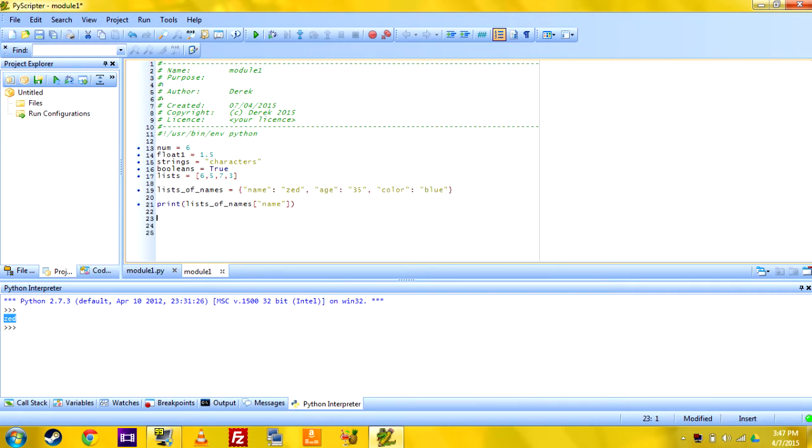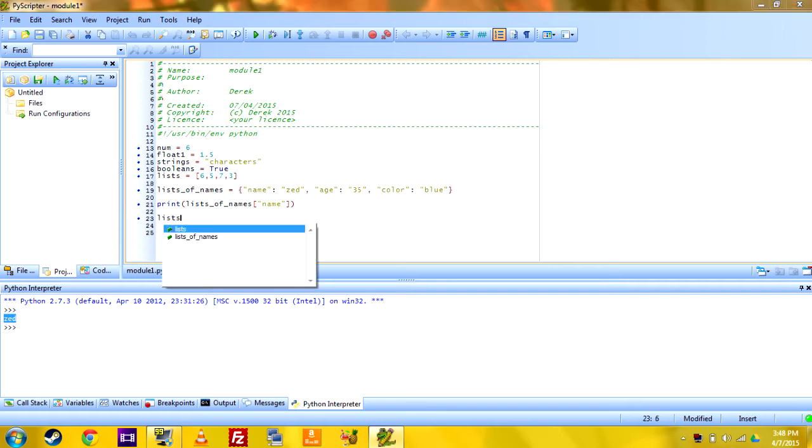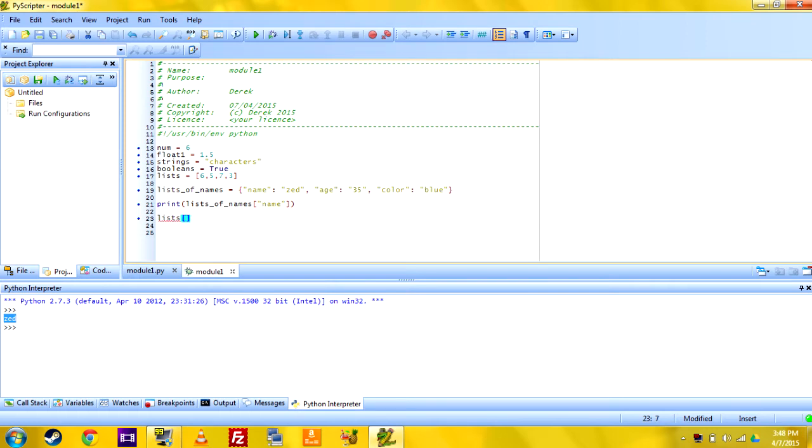So the next one I want to go over is called a tuple. It's a lot like a list, but it's called immutable. And what immutable means is the objects inside the list you cannot change, unlike an array or a list. So like if I do list and then like 3 equals 7, then it'll change whatever the value of the variable in position 3 is to 7. And so it is changeable, but then with a